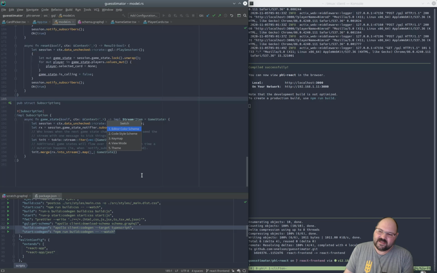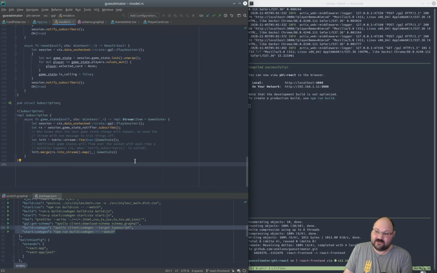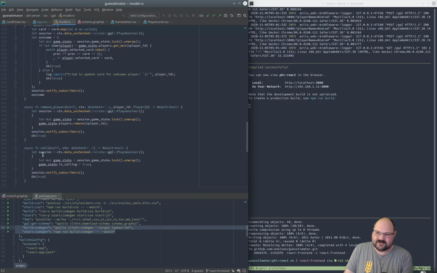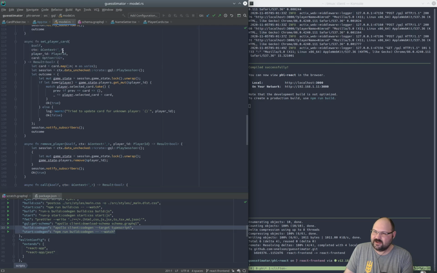Yeah, the big takeaway for me was just how concise this was and how elaborate it is under the hood. Like, there's a lot going on there. So I don't know, that's powerful to me. Even just the simple messages, like these are the different methods that I have under the mutation root, I guess. So we just looked at